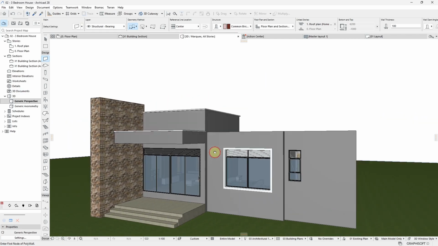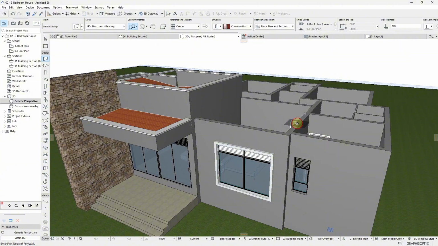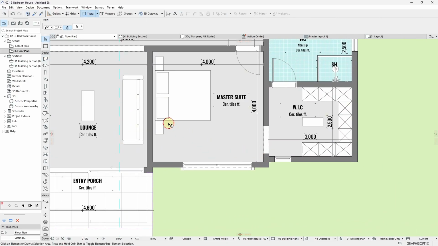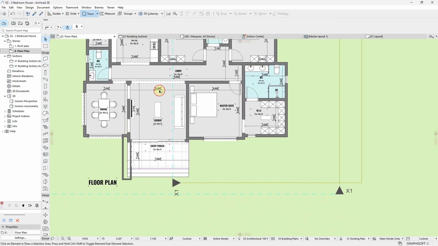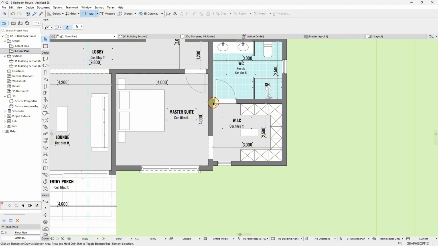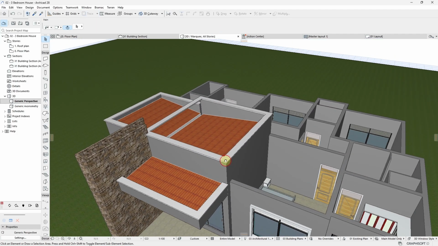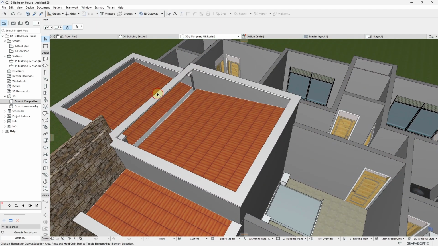Now the next step is for us to come to this other wall here also, and find a way also to drain it properly. So I'm going to use the same design I used on this other side. I want to drain this roof here. I also want to drain this roof here. So I'm going to drain them like how I just did on these ones both. So if this is draining here,